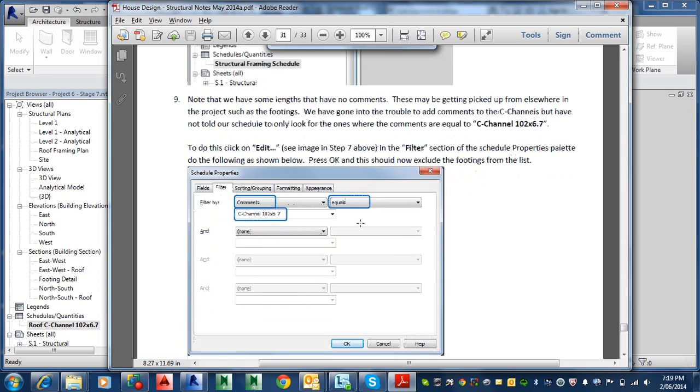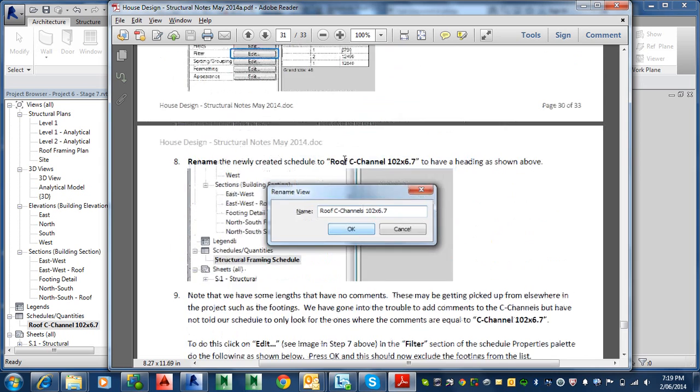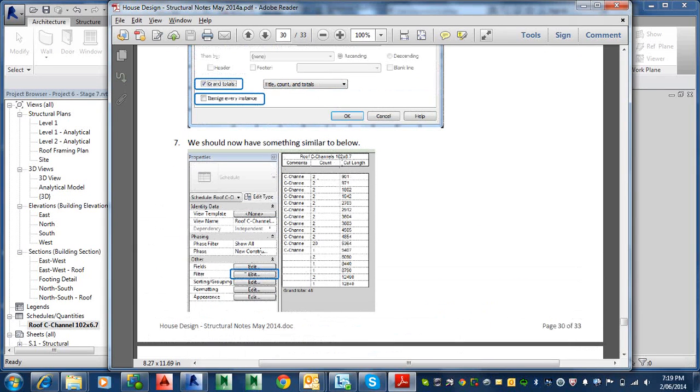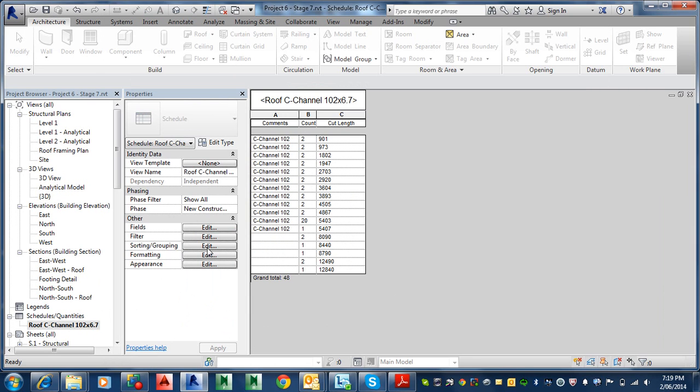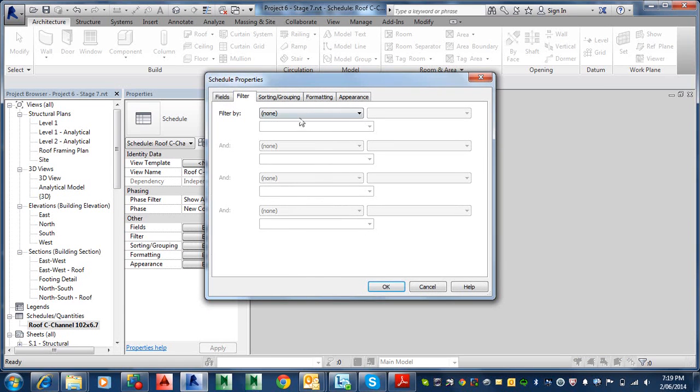So what we need to do is go back to, where are we? Go to edit, so back to the image step 7 up here, and we'll go to edit here. All right, and just apply the filter. Okay, so let's go back to here and go to edit. All right, so basically now,